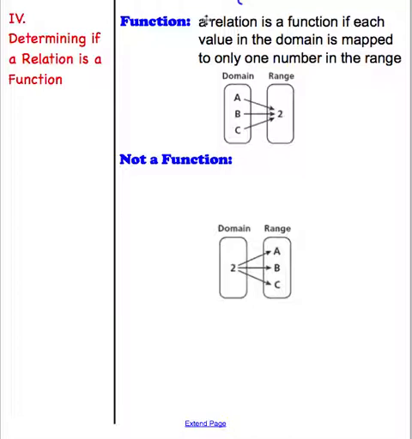Now I know this looks confusing from the picture because A, B, and C all go to 2. But A goes to 2, B goes to 2, C goes to 2. A only goes to one value, B only to one value, and C only to one value. Now on the other hand, this next one is not a function